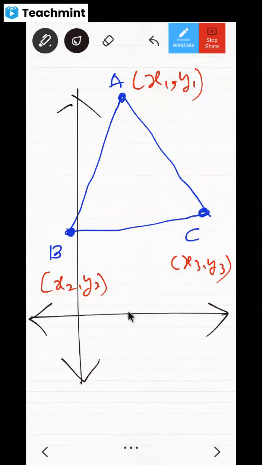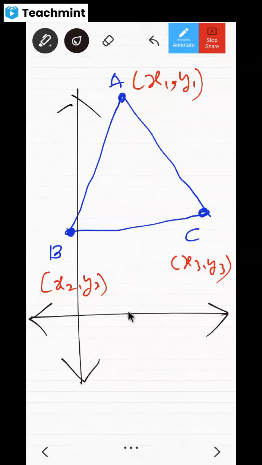Now, if you want to find the area of this triangle ABC, as a shortcut I have written AR bracket triangle ABC. How to read this? You have to read it as area of triangle ABC. Is it clear? Okay. The formula for the area of triangle ABC is a very simple formula, that is going to be 1 by 2 bracket. First of all, write down this. I will explain how to remember this.